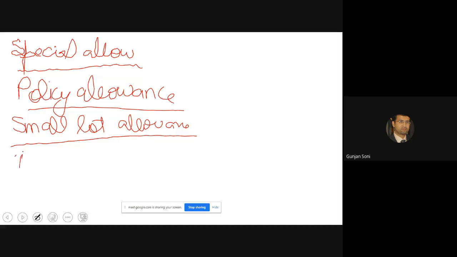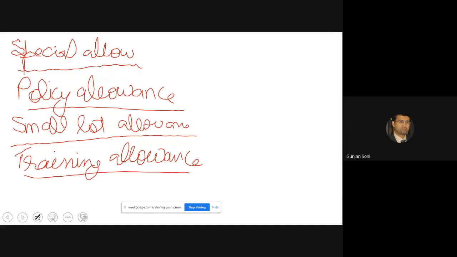Then you have training allowance. This allowance is provided when the work is done by a trainee, so that he can have some reasonable earnings initially, because the real job has not been given yet, or the kind of output which is expected from a real job has not been asked from him. But progressively this training allowance is going to reduce. Once his training curve or learning curve sets in, the training allowance is going to reduce.